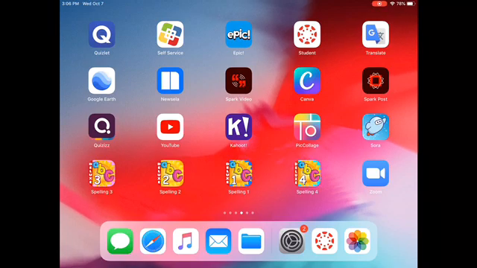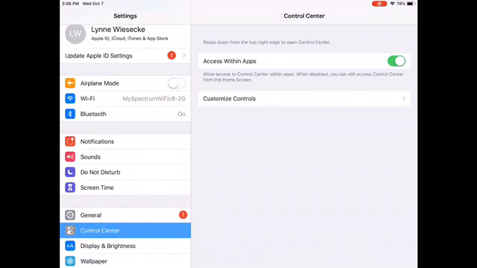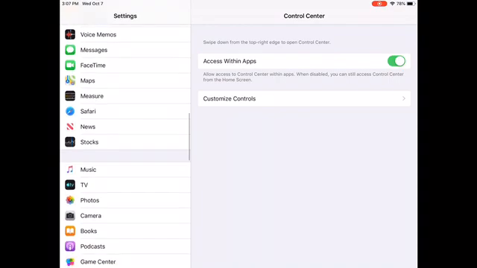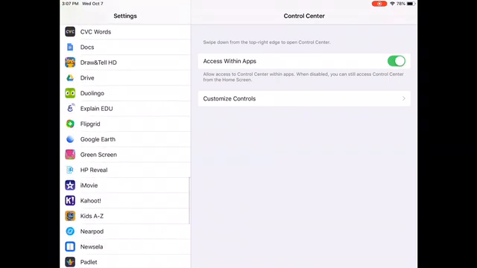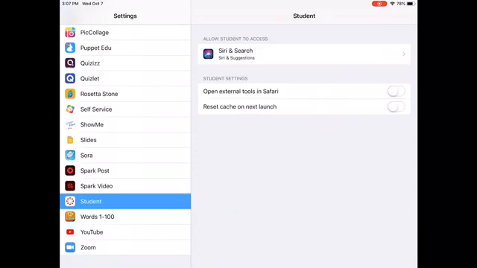Okay, so the first thing to save you and the students some grief is you need to help them or show them how to go to the settings icon, and then here on the left hand side to just scroll down with their finger until they see the Canvas icon, the little Canvas picture. They need to touch that, and it's really, really important that they open the external tools in Safari. That needs to be green, so you have to really teach that it opens the external tools in Safari,